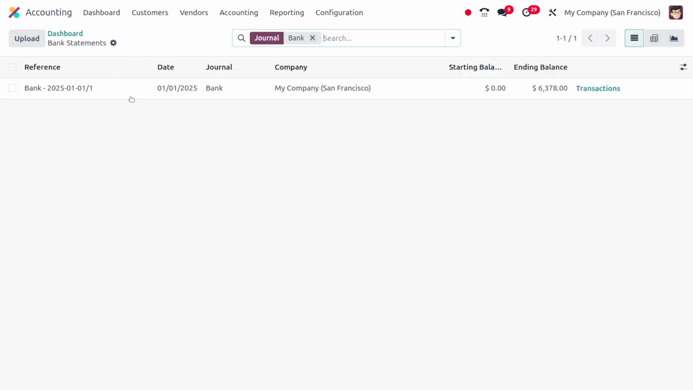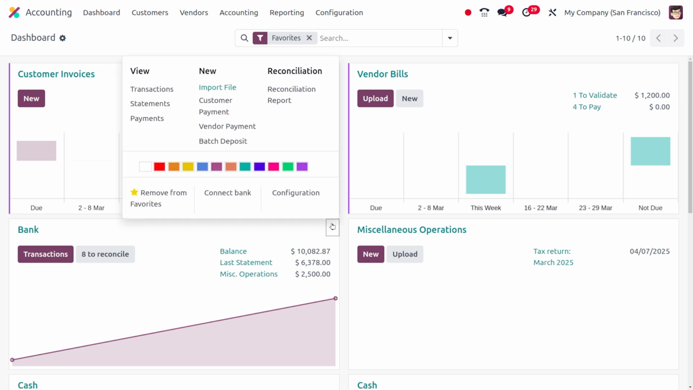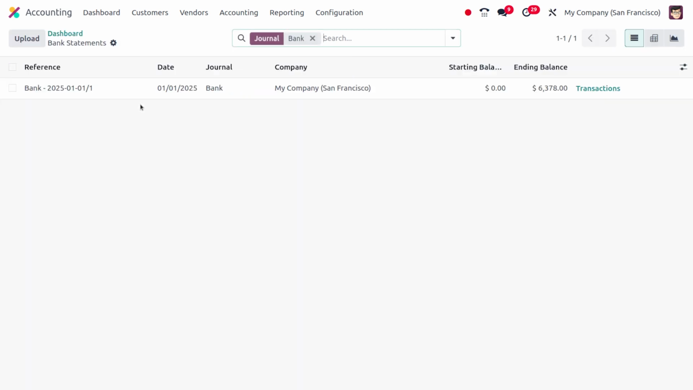So currently you can see the balance over here. As you just move on to the bank, you can see the last statement is 6,378. And upon moving to the statements, we can just preview the attachment and here you can find the transactions